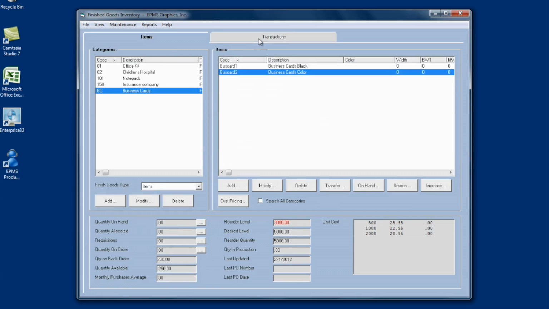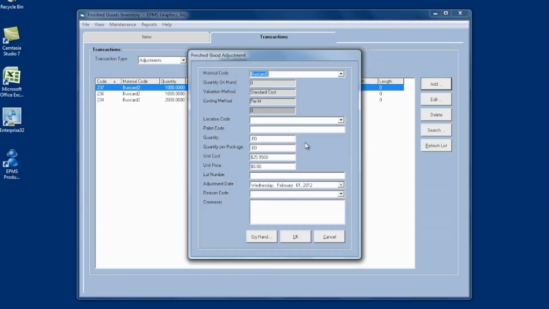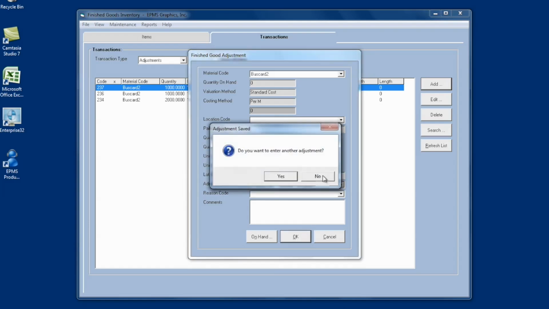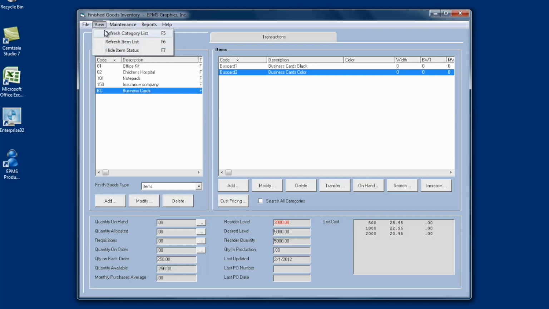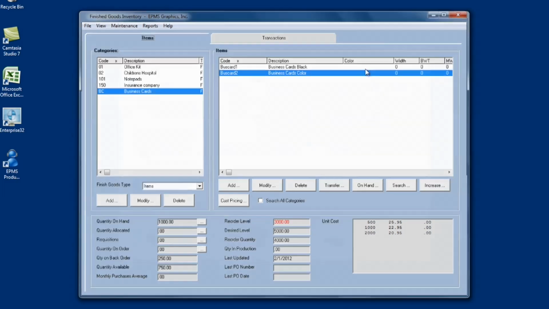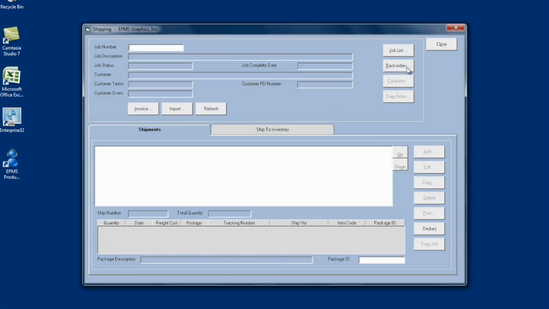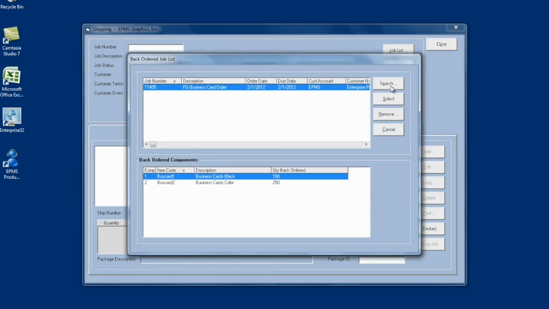And I'll do the same here. I'm going to go to my transaction screen, click on Add, and I'll add a quantity of 1,000 here, and I'll put in my cost. Click OK. And I can come back to my items and refresh the list, and now I've got 1,000 there. So now I'm ready to go back into shipping, click on back orders, select the job,